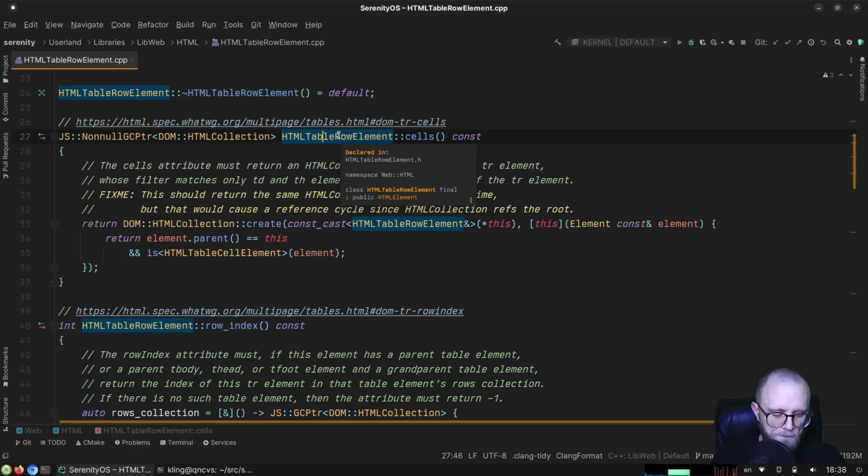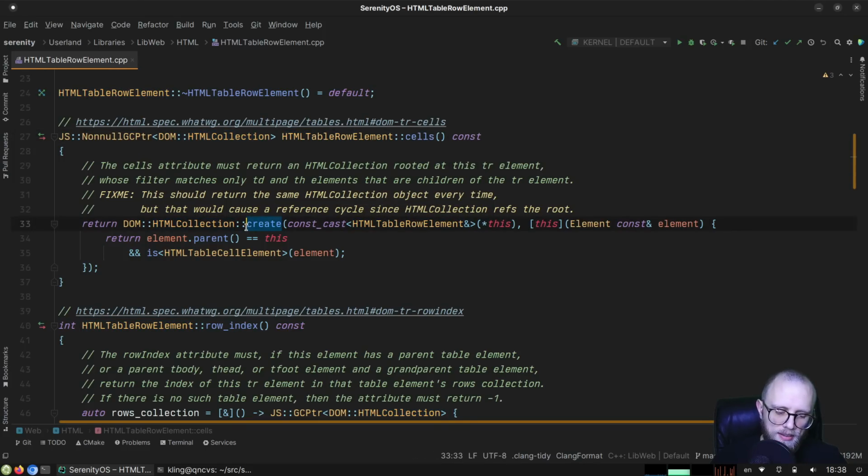So if we wanted this API to always return the same collection object, we would have to store that collection object somewhere, but we couldn't store it with a strong RefPtr here because